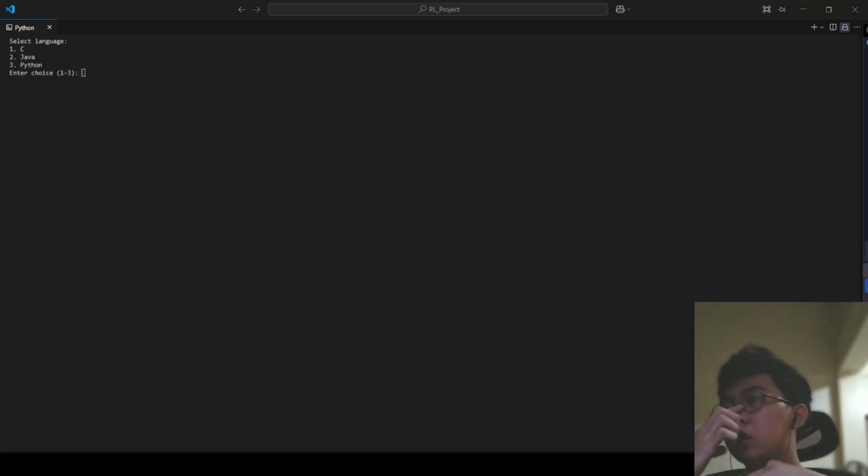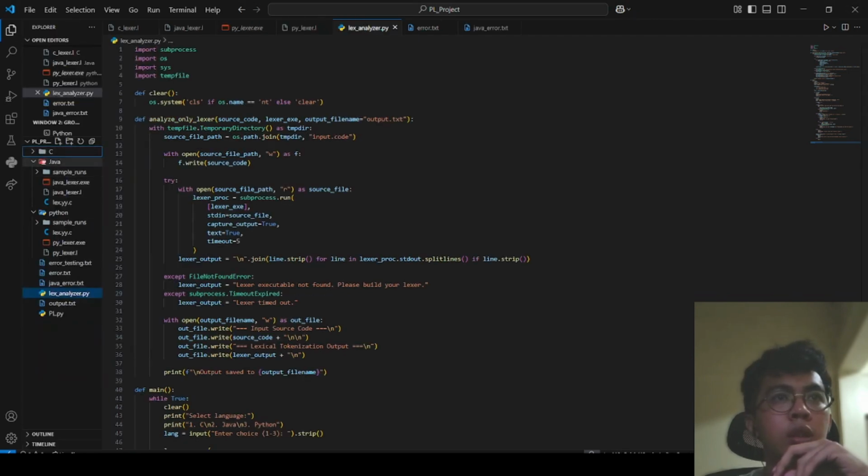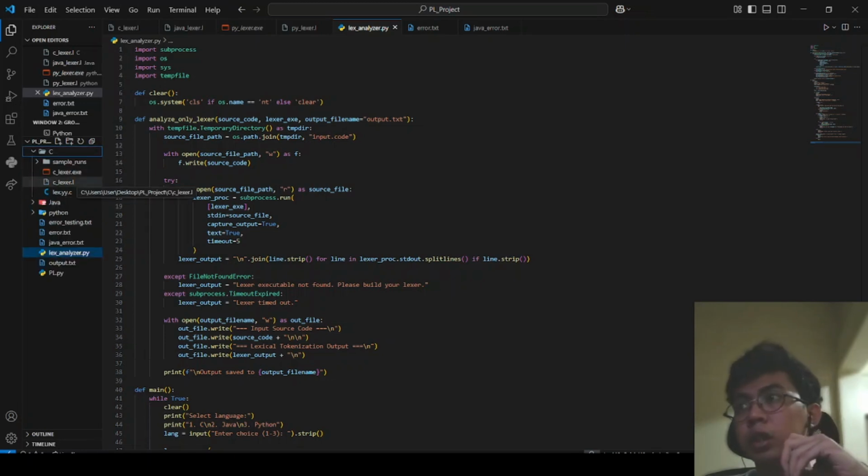Thank you, Lily. So as for the key code walkthrough, I'm the one to discuss it. So first things first, let me just share this. So this is the program structure of our program. We have here three folders, one for each specific language: C, Java, and Python. Under here are all of the files we need. So we have the flex files, the executable, and then the compiled files.